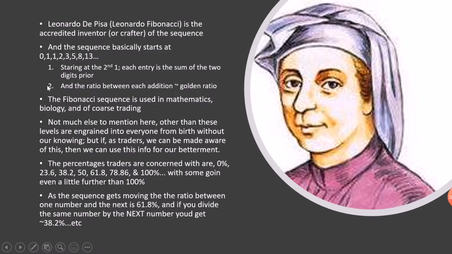And anyways, people have some arguments over whether the sequence starts at 0 or 1, but either way, 0 plus 1 equals 1, and 1 plus 1 equals 2. 1 plus 2 equals 3, and so on, the sequence goes endlessly, infinity, literally. As you can see, 5 plus 8 equals 13. 8 and 13 would be 21. It'd be here, and it just keeps going.